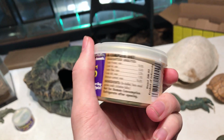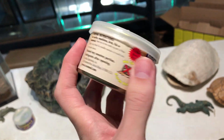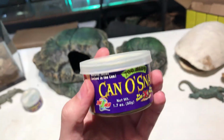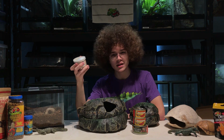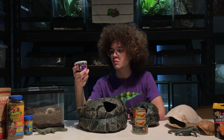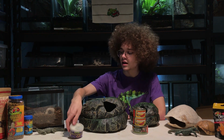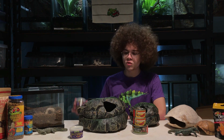This is pretty fun. It's like escargot in a can. They are farm-raised snails, and I can attest to this. Snails are incredibly easy to breed, so I imagine whatever farm produces these snails has millions and millions of them. So this is good for a lot of animals. This is great for my tegu, although I'm sure he could eat an entire can in one sitting. It's good for my blue-tongued skink, it's good for the box turtles, it's good for quite a few of my